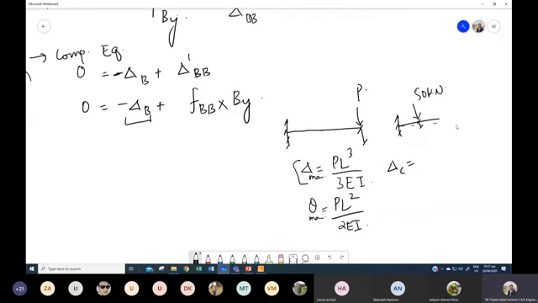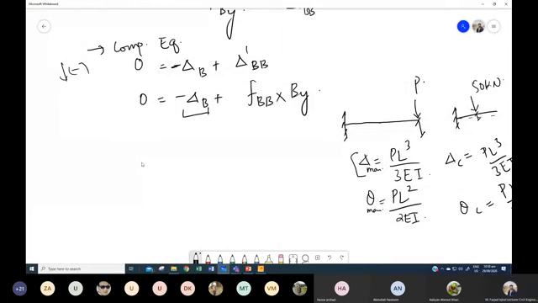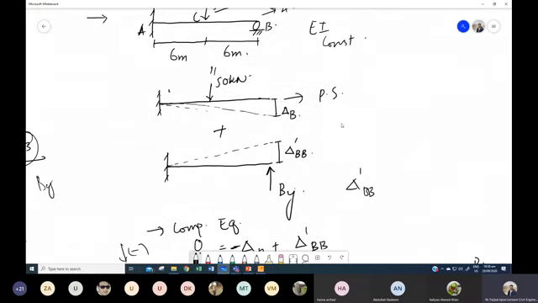Deflection at point C is PL cube over 3EI, and similarly, rotation at point C is PL square over 2EI, right? So if I write down delta B, can anyone tell me how we can correlate this particular rotation at point C,